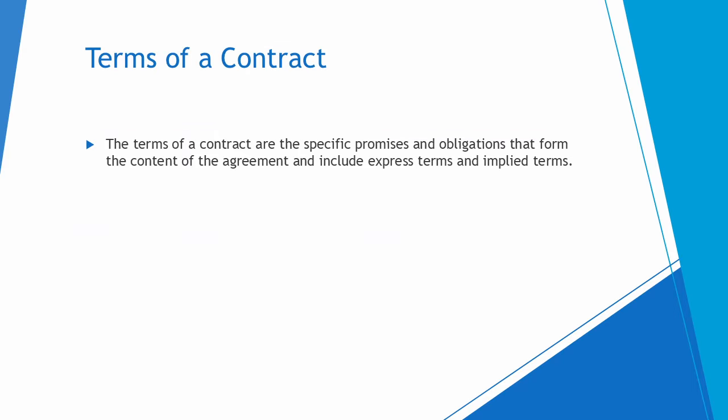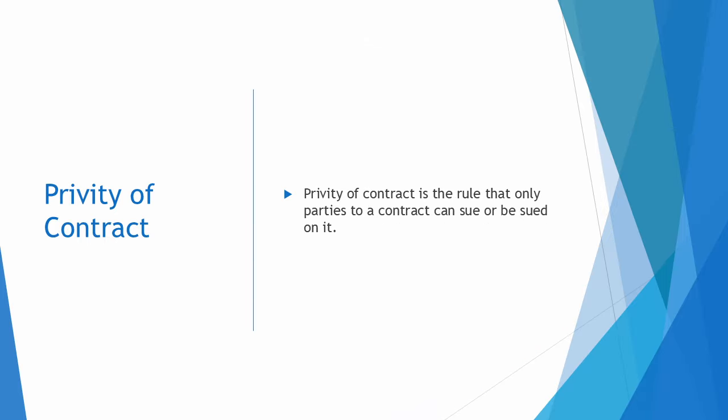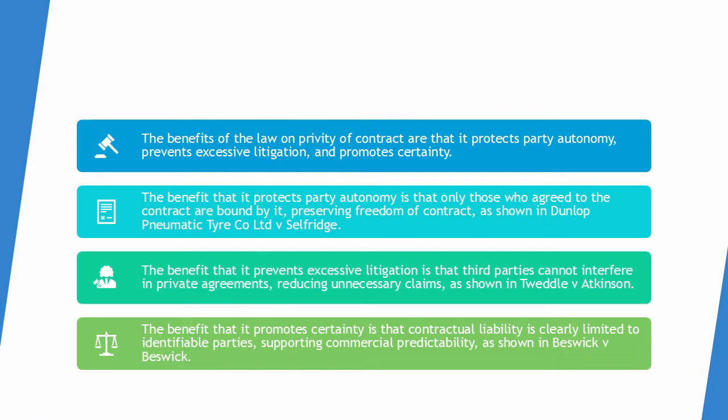Terms of a contract. The terms of a contract are the specific promises and obligations that form the content of the agreement and include express terms and implied terms. Privity of contract. Privity of contract is the rule that only parties to a contract can sue or be sued on it. The benefits of the law on privity of contract are that it protects party autonomy, prevents excessive litigation, and promotes certainty. The benefit that it protects party autonomy is that only those who agreed to the contract are